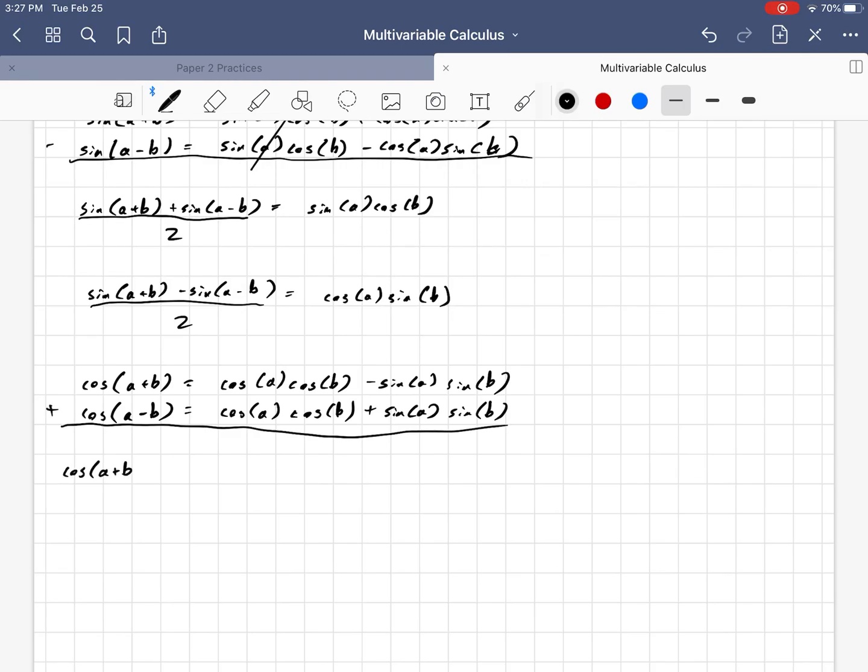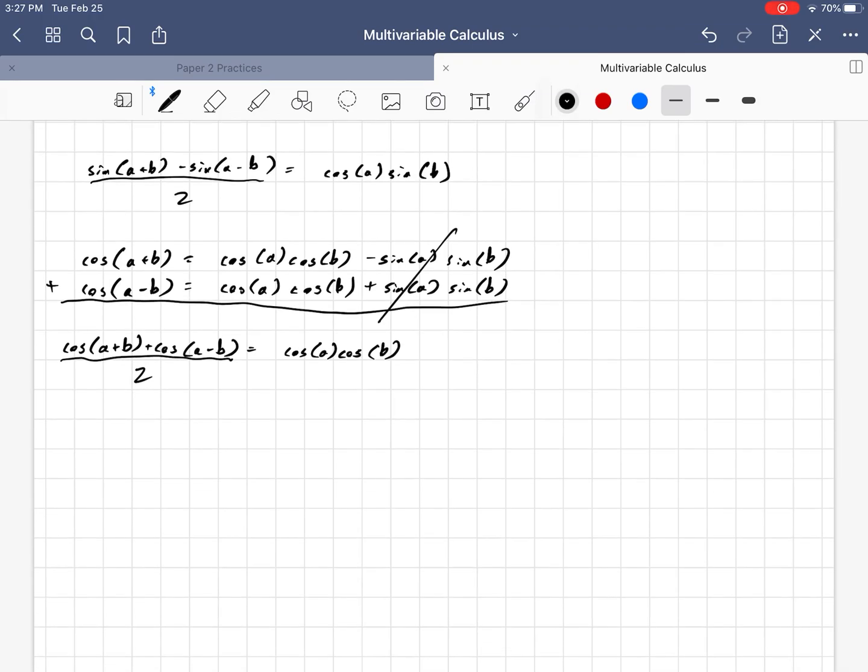So we get cosine of a plus b plus cosine of a minus b is, this cancels out, and we get 2 cosine a cosine b. So cosine a cosine b is this here over 2. And lastly, we can subtract these two, so that will cancel, and we get cosine a plus b minus cosine of a minus b